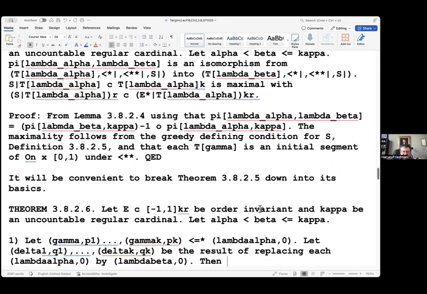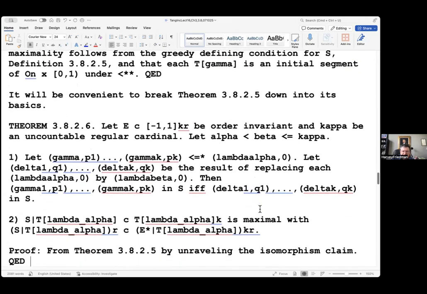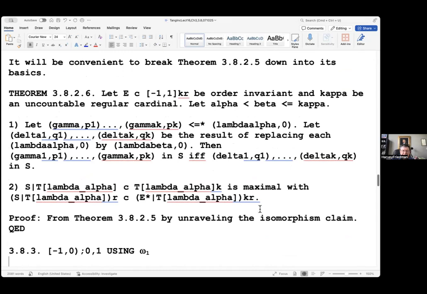Now, it'll be convenient to break down theorem 3825 into its basics. In other words, get rid of the notion of isomorphism. So let E be order invariant and kappa be an uncountable regular cardinal, and let alpha be less than beta less than or equal to kappa. And we summarize what we need to know. If I have k elements